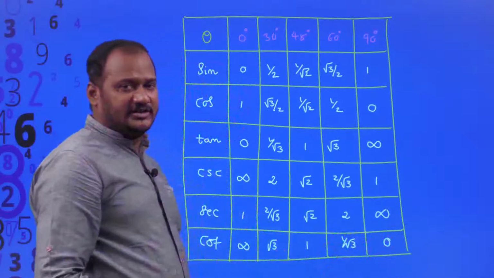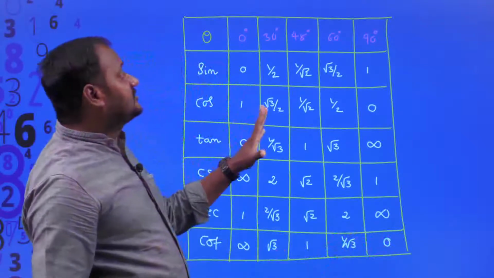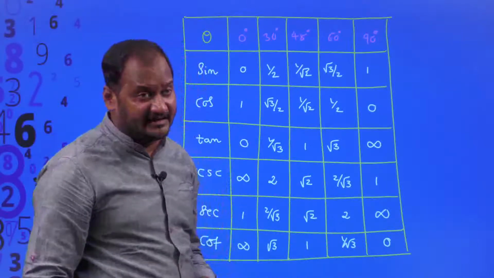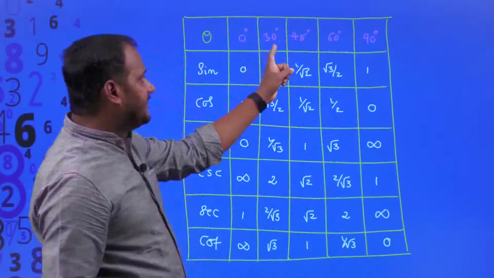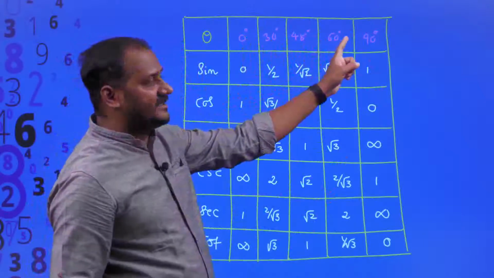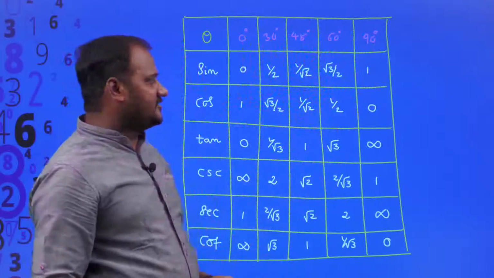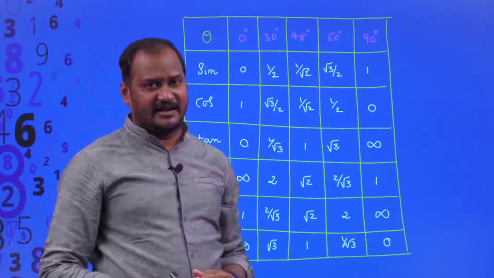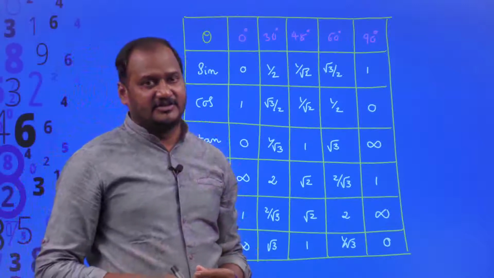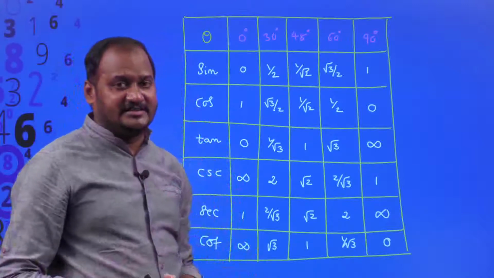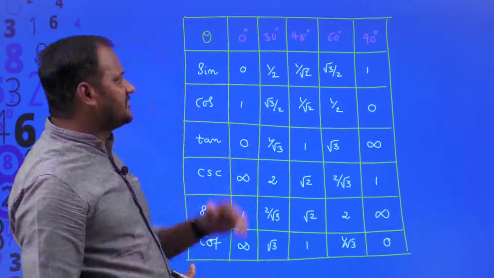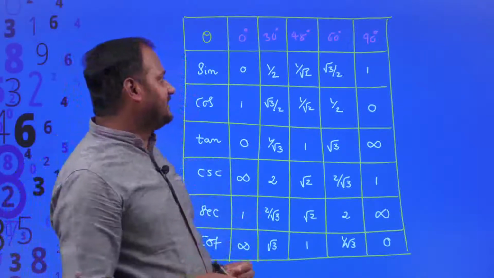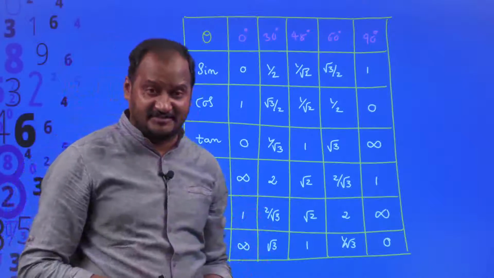Right? So these are the values of the 6 trigonometric ratios at some specified angles: 0 degrees, 30 degrees, 45 degrees, 60 and 90 degrees. Now you see, it is very easy to remember the tabular values at any instant. You know how to remember all these 6 trigonometric ratios once you observe the table. I would like to give you something that you could call tips.